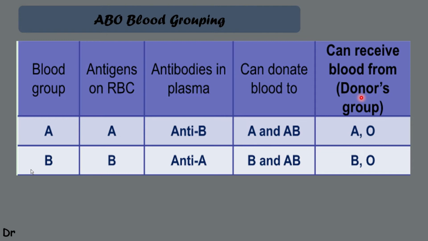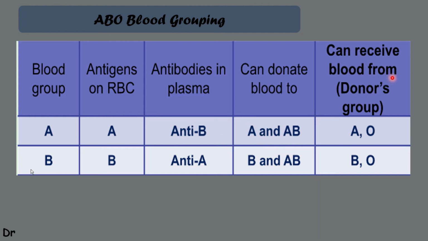So always, in any type of transfusion, two persons are there. First you have to decide who is the donor and who is the recipient. Then you list out the donor antigen and recipient antibodies, and you check if they are the same, parallel: A antigen, A antibodies, B antigen, B antibodies, then that transfusion is not possible.